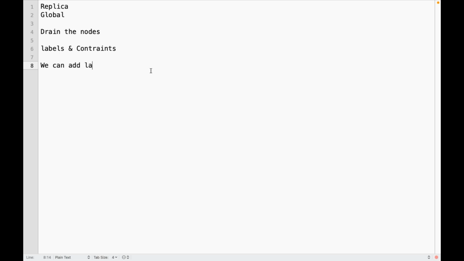We can add labels to the nodes. Those labels can be used as constraints